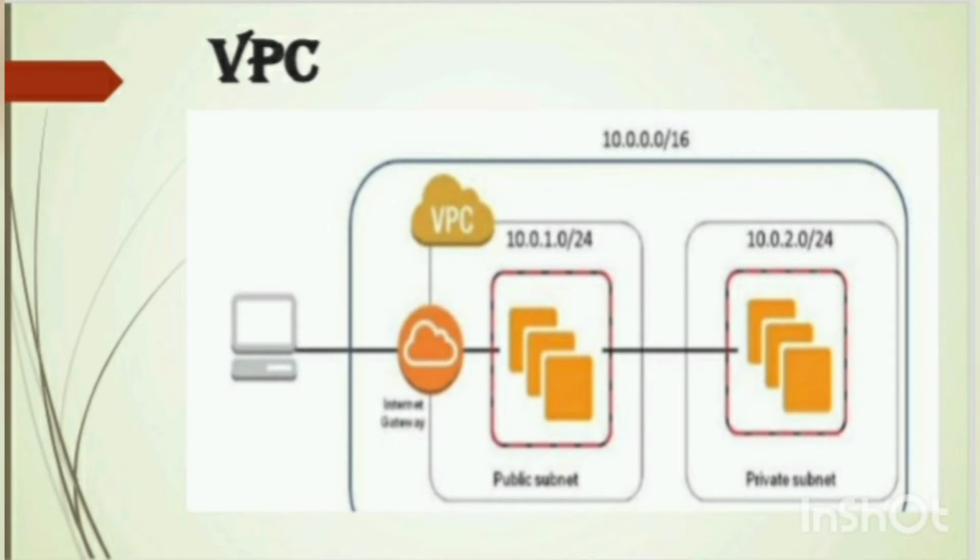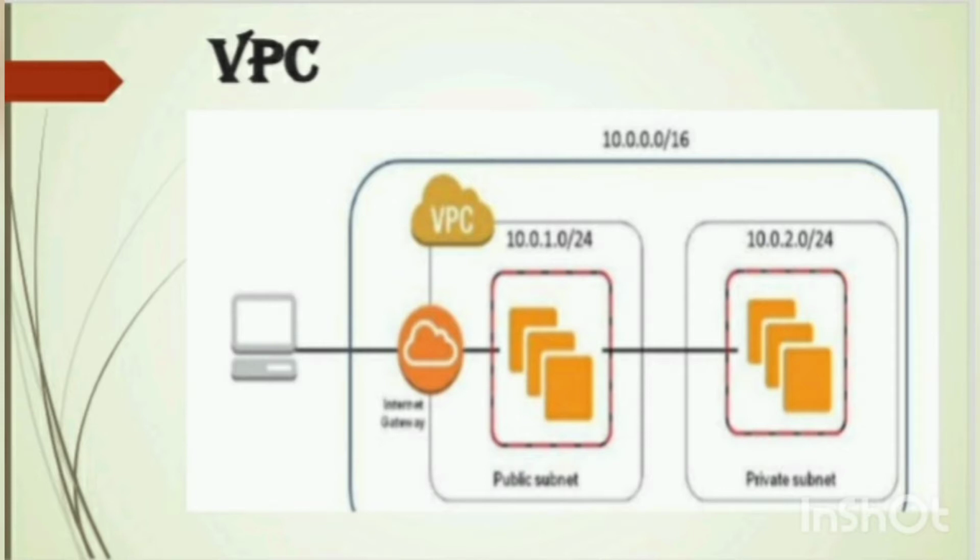The VPC is nothing but a virtual network that can be created in a public cloud when you have an AWS account with sufficient access. It is logically isolated from others in the AWS cloud. We can specify the IP address range, add the subnet, associate the security groups and then configure the route table so that we can launch our AWS resources, like an Amazon EC2 instance, within this VPC.